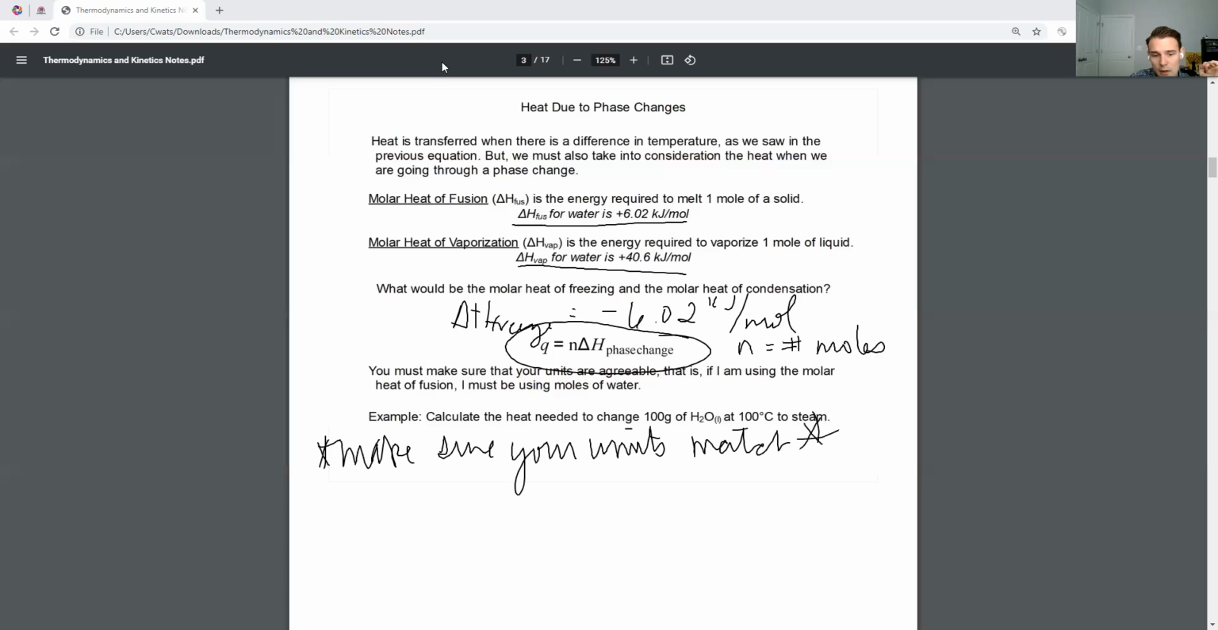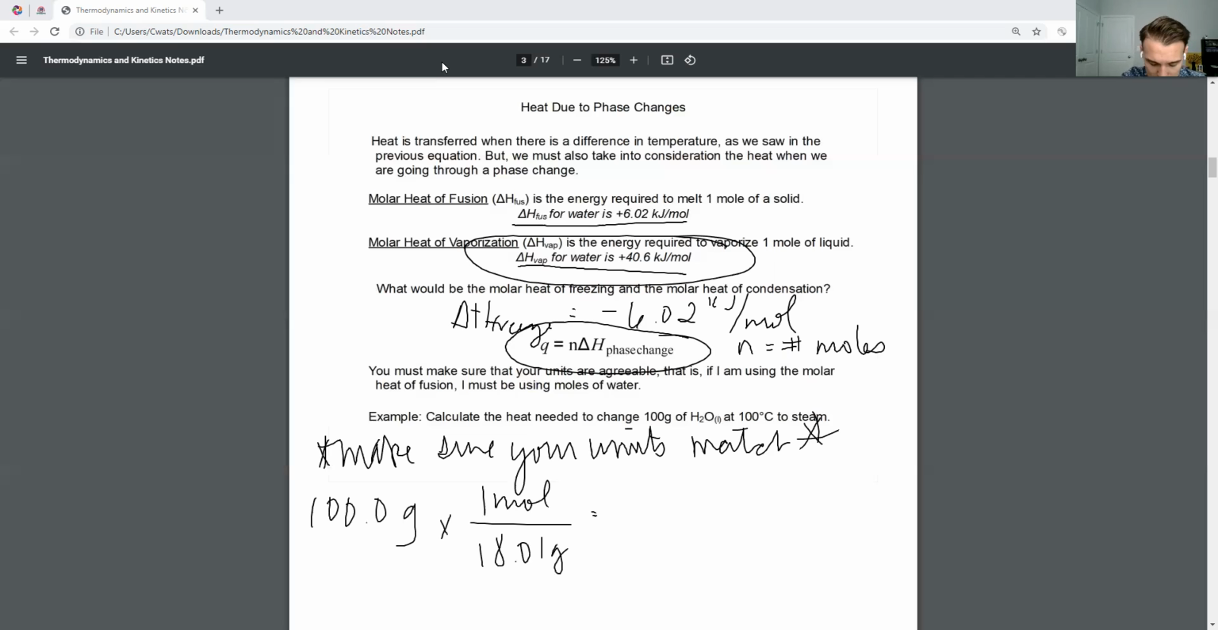That's super simple. So we want to calculate the heat needed to change 100 grams of water at 100 degrees Celsius into steam. If I'm turning it into steam, I'm going to be using the delta H of vaporization, which I know is 40.6 kilojoules per mole. So I need to take these 100 grams, I'll put 0.0 so I have more sig figs, and turn them into moles. I know that 1 mole of water is 18.01 grams, and that gives me